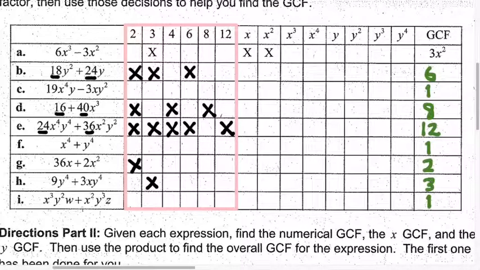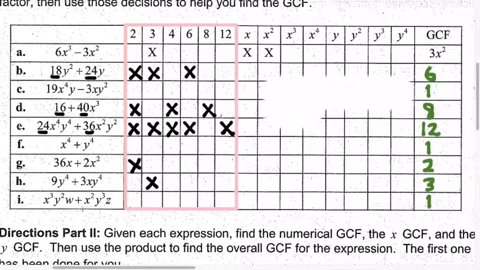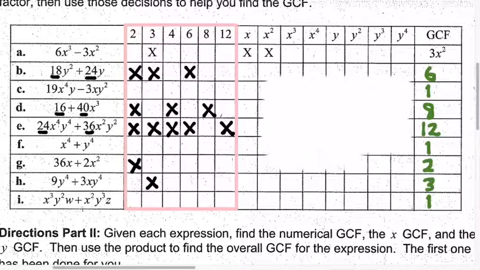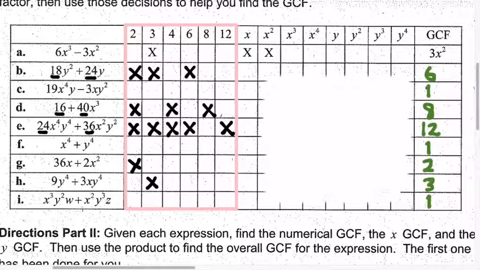If you take a look at the first row here, 6x to the third minus 3x squared, I'm going to dwell on that example for just a second. Do the signs have anything to do with it? Good question. Do we care that some of these are pluses and some of these are minuses? The answer is no, not for this particular question. If we're trying to figure out the greatest common factors of these terms, whether there's a plus sign or a minus sign in between them, what we're really looking at is this monomial,